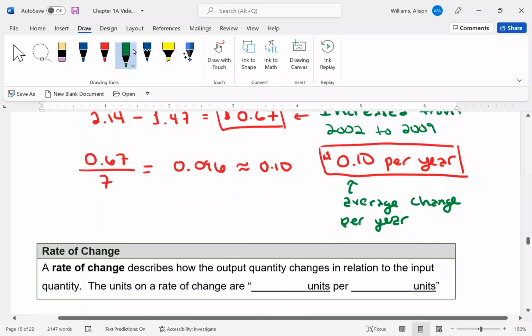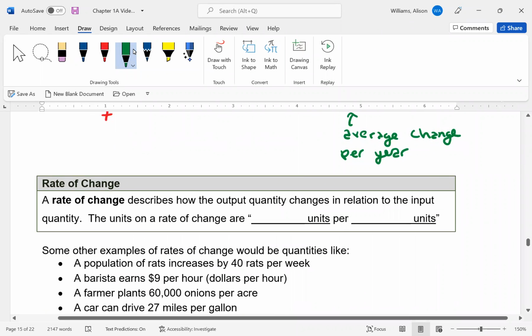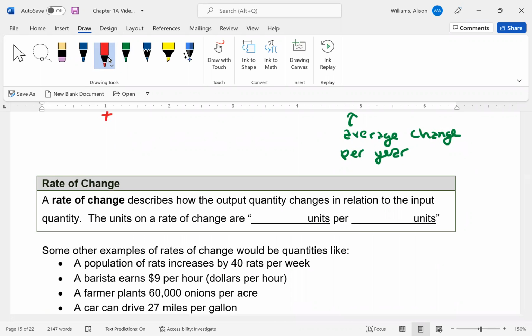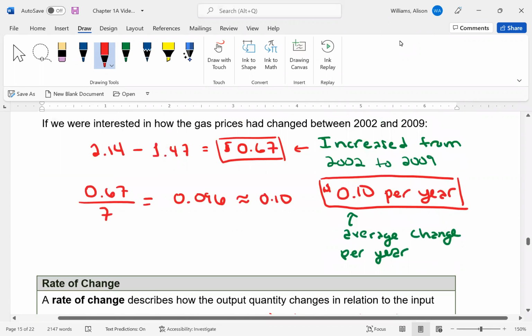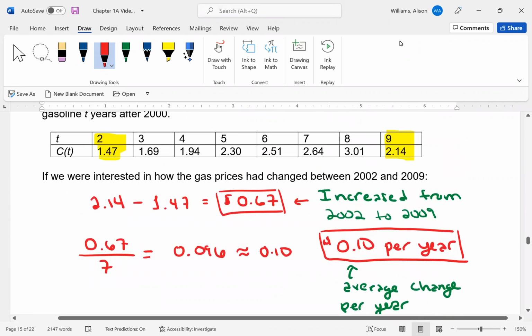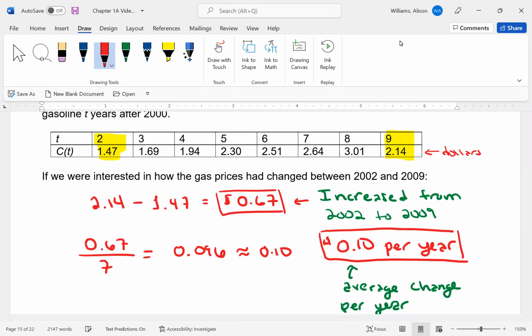So this rate of change that I keep referring to describes how the output quantity changes in relation to the input quantity. So the units that we're using are the output units, what we consider the output, per input. Up here in our example, the output would be these dollar amounts for the cost of gasoline, and then the input would be the years,